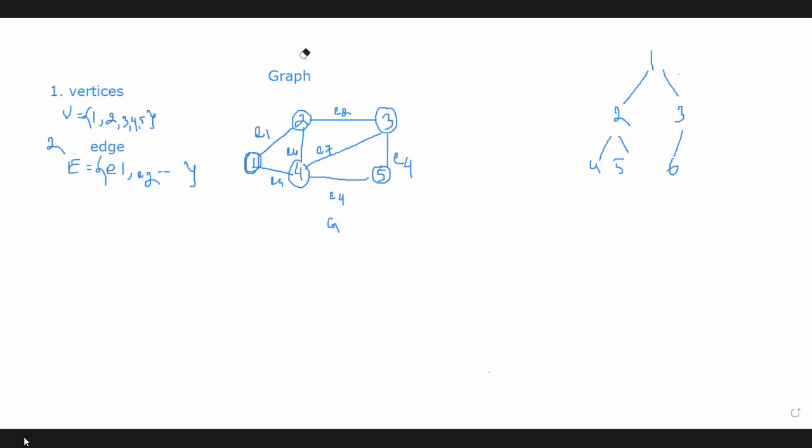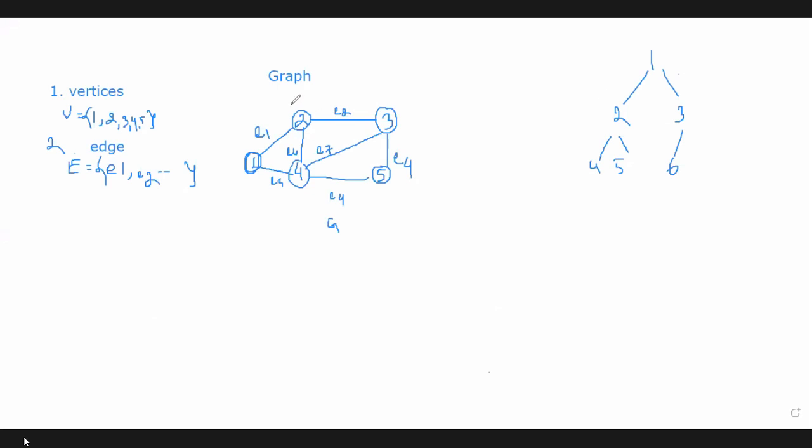The degree of 1, the degree of the root node, is the degree of the whole tree. So how do we usually calculate degree? Degree is the number of children a node has. Here, node 2: how many children does it have? 2 children, 4 and 5. So the degree of 2 is 2. What about 3? 3 has only 1 child, so its degree is 1. The degree of this tree is 2. Why? Because the root node has 2 children, so the degree of this tree is 2.